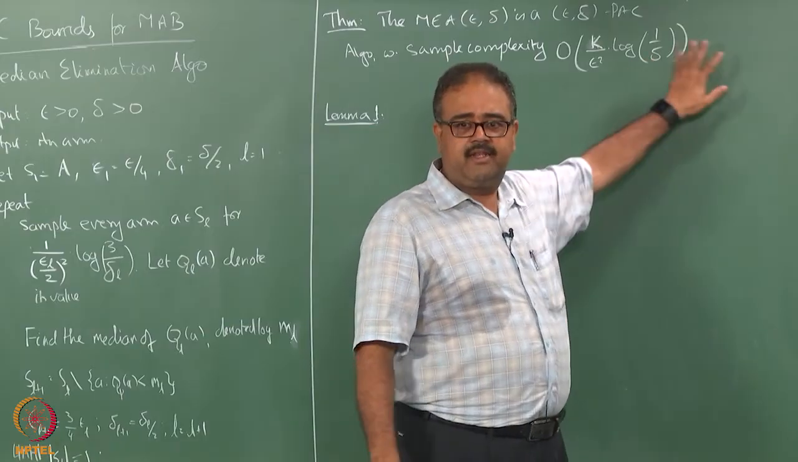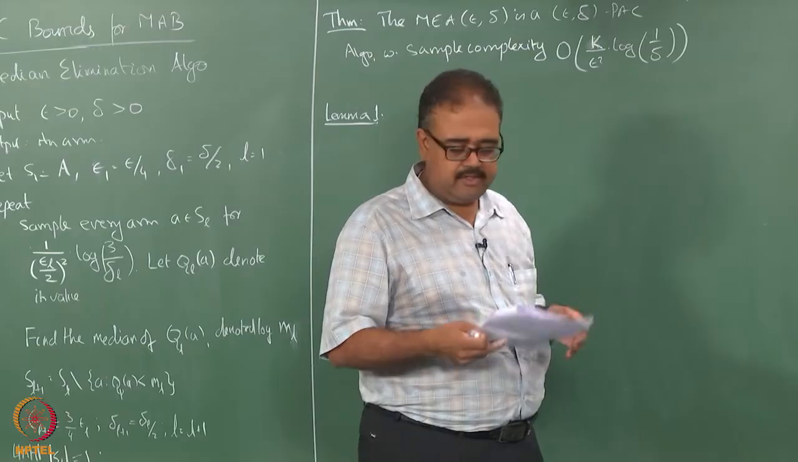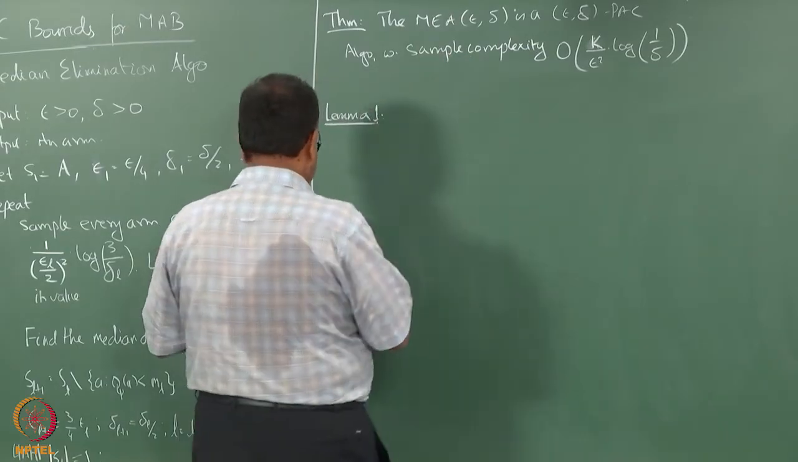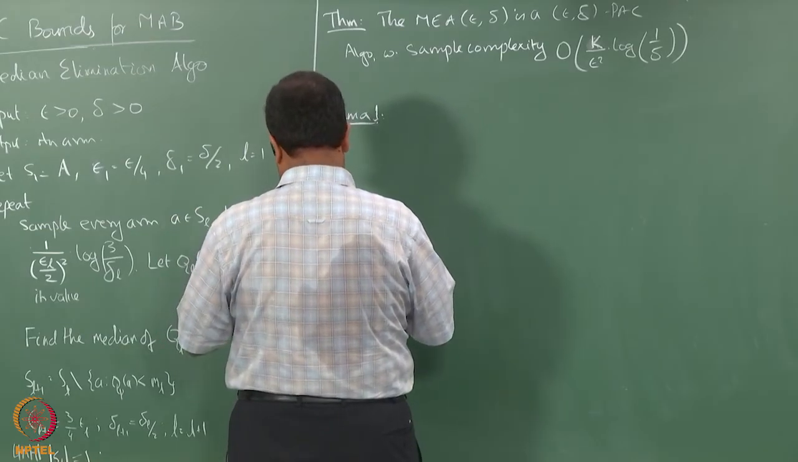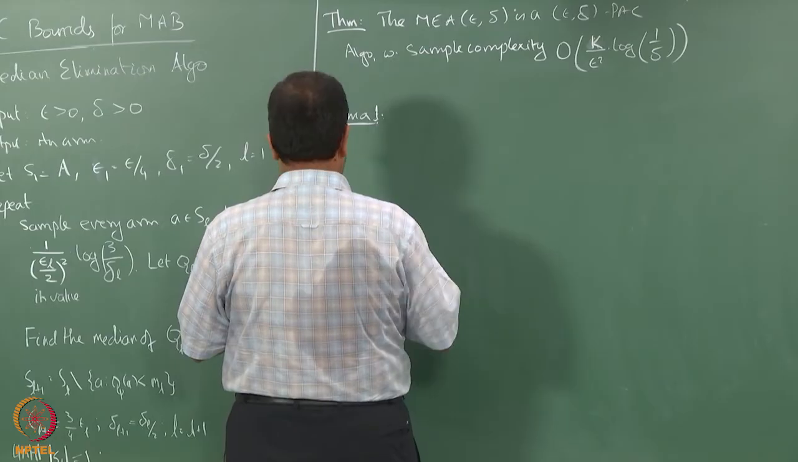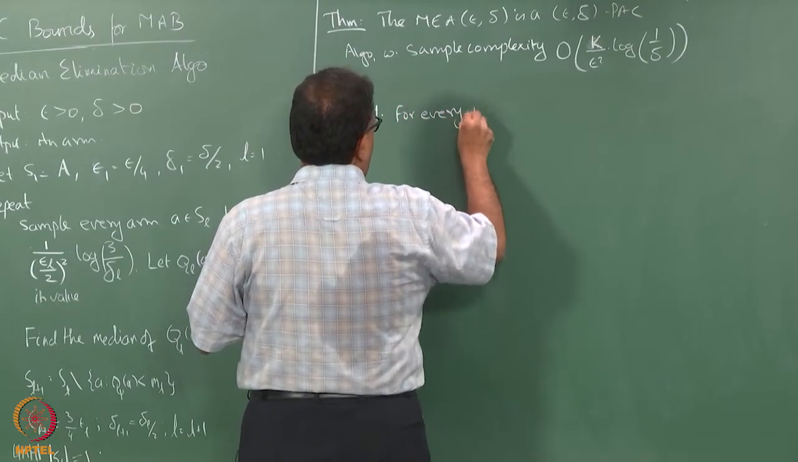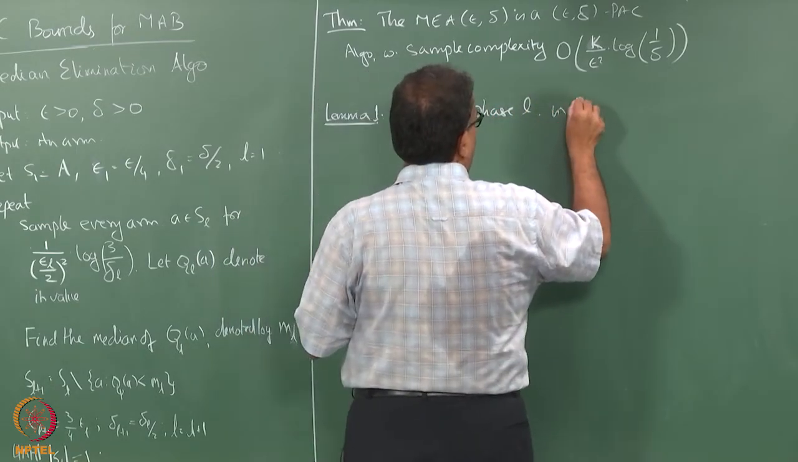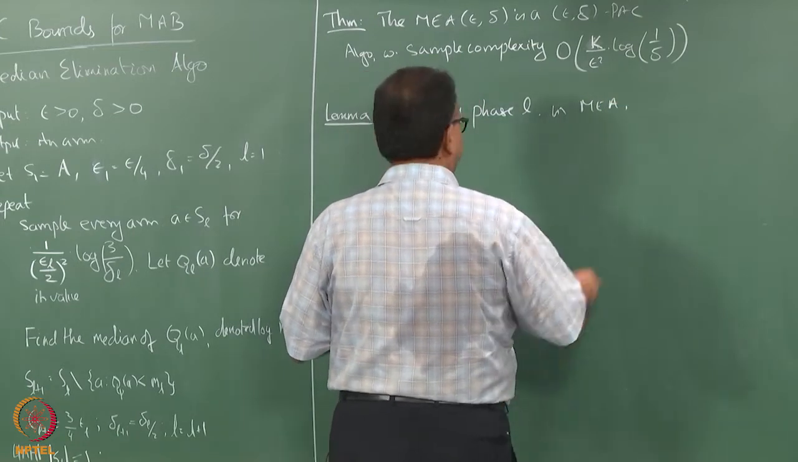If you have time, I will just give you an intuition into that, but otherwise you can work it out easily. The first part is one that requires some work, right. So this is what we will do for every phase L. In the median elimination algorithm, we have the probability